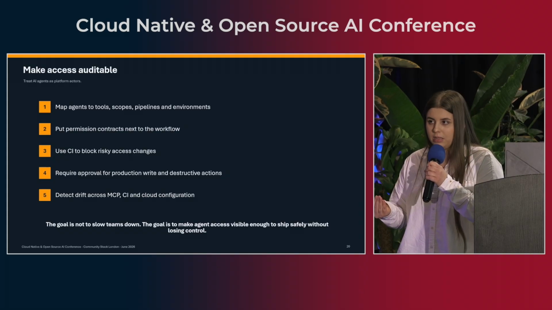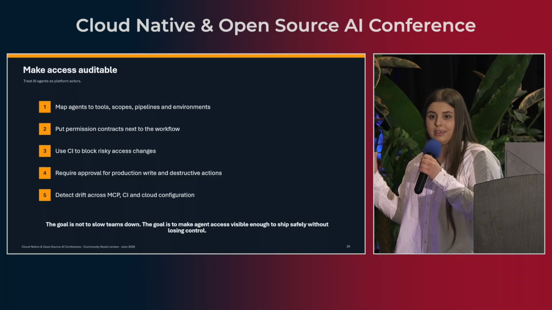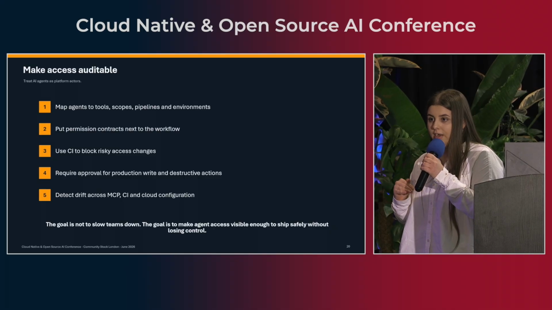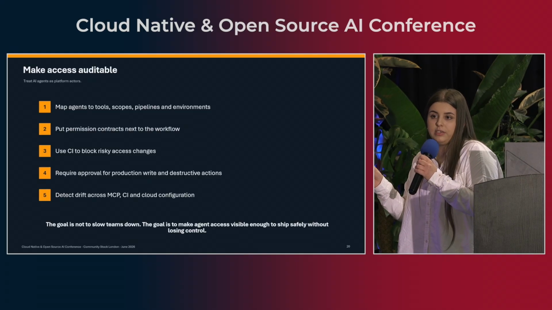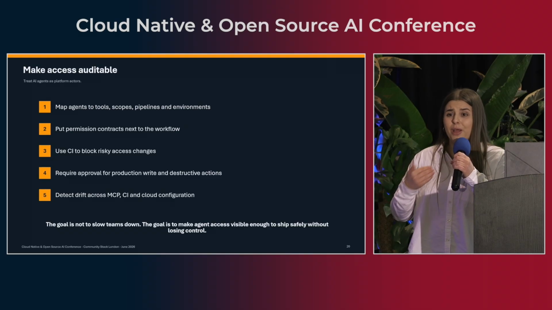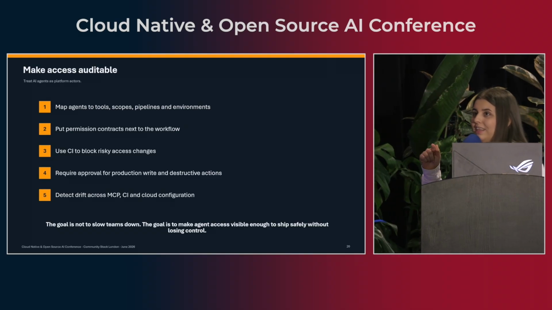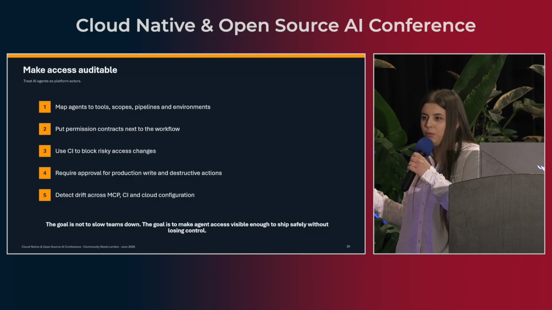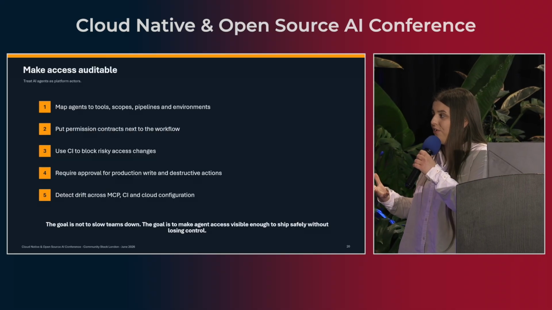It's not about naming them. It's about making sure I understand the scope of every agent. I don't care if it's just numbers and some characters, but I really want to make it auditable so that if I click it, then I go to the exact scope it has. So it needs to be defined.